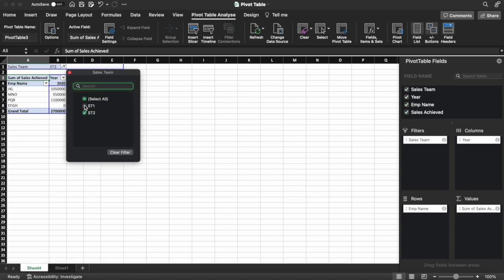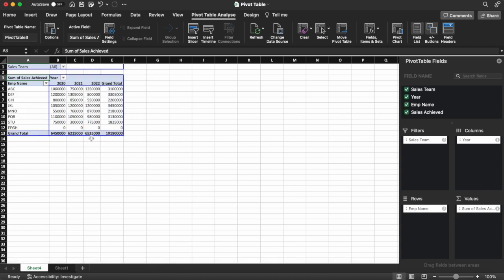If you keep both, it will merge the data. Now why is it not bifurcating it according to sales team? Because I had removed this field from the rows and I've put it into filters. So remember, if any field is there in the filters, it's not there in rows, it will not show it. It will merge all the data together. So again, if you want to bring that view in, you will have to drag and drop that over here